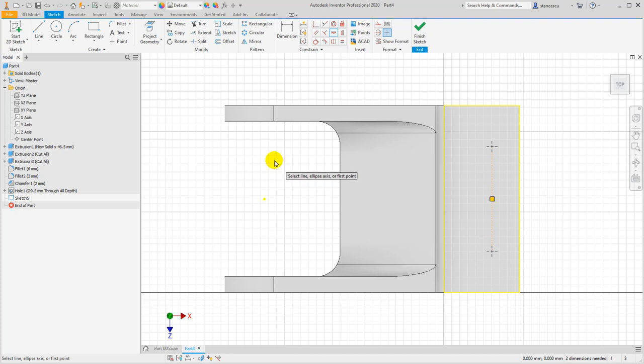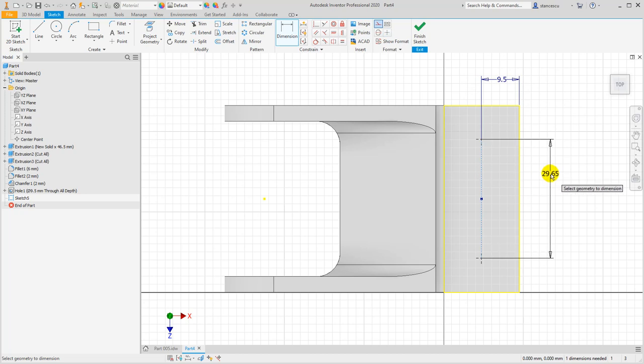And now the points are symmetrical, placed on this surface or outside the surface, of course. Put here the dimension 9.5, and here 34. Finish the sketch